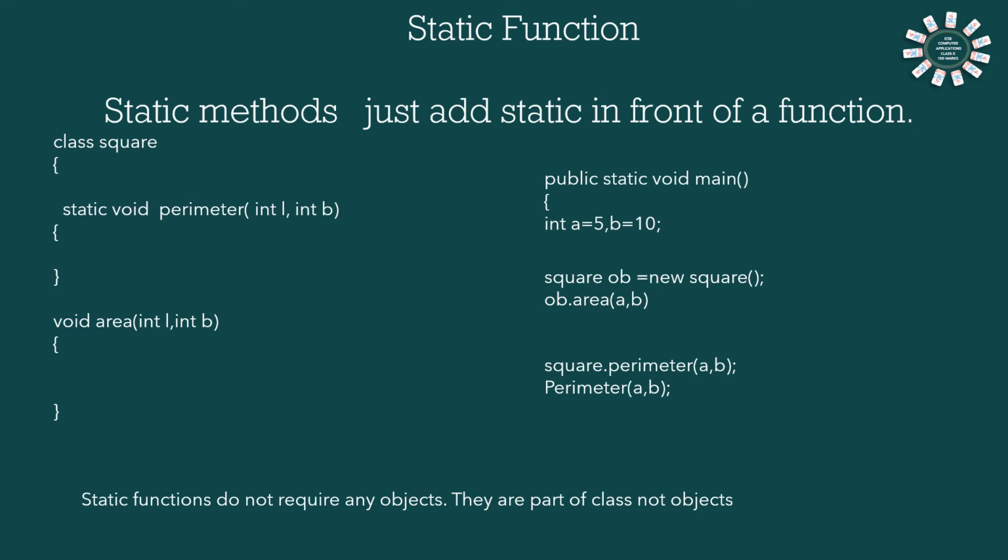And now talking about the main program. Main program is the first function which is accessed by the compiler as soon as you run the program. And the JVM, or Java Virtual Machine, will not create an object to access the main program. That is why main is static. If the function is static, there is no need for an object to call the function, and static functions belong to the class. They will not belong to any of the objects.